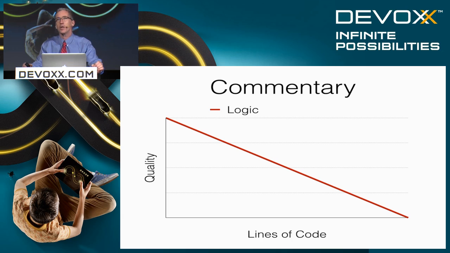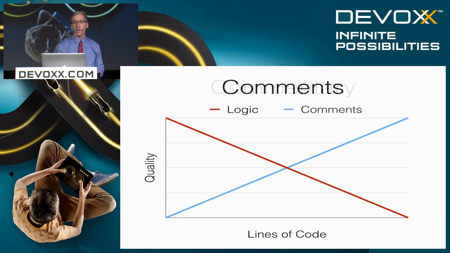The amount of logic that you have in there decreases the code quality. I think that's pretty obvious. The number of comments, however, increases it. So if you can inject more and more comments in per line of code, you're by definition creating higher software quality. Except, and I think this is an important point, for the comment systems like JavaDocs that allow you to inject logic into the comments themselves.